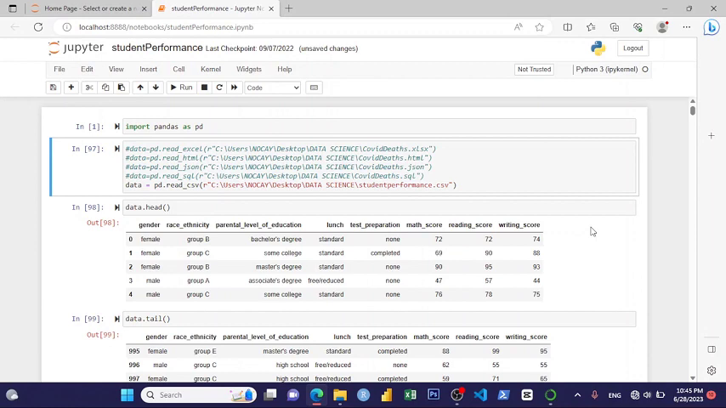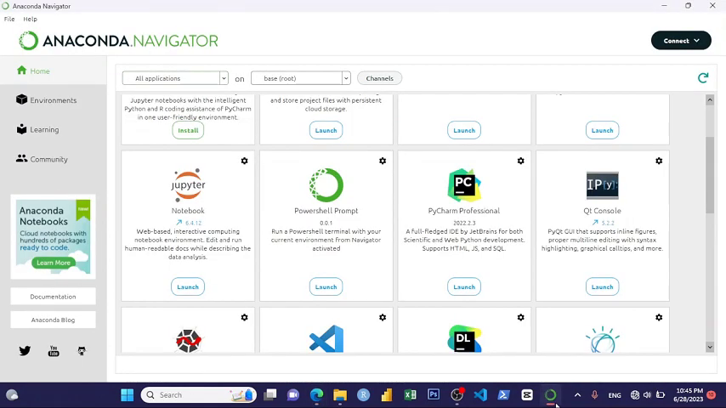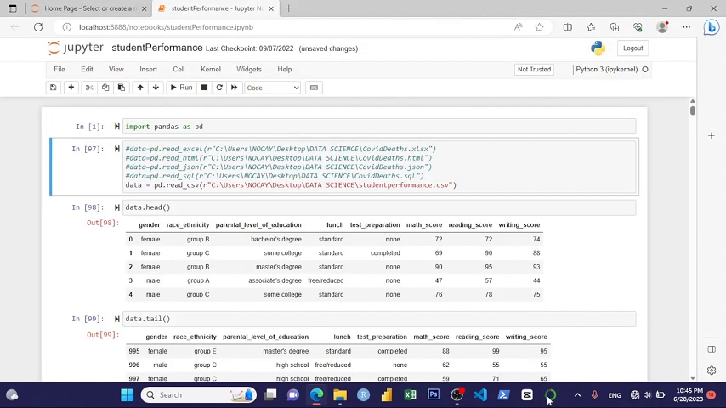Exploratory data analysis, and we are going to be using Anaconda and Pandas. We're going to be using Jupyter Notebook to be able to analyze our data sets. Okay, so the first thing that we are going to do is to open